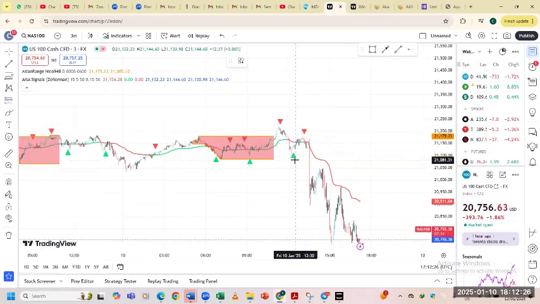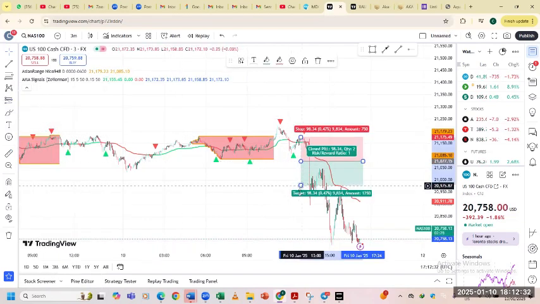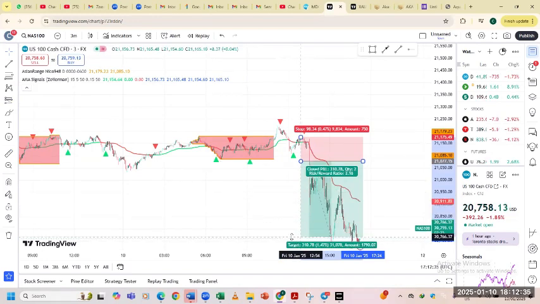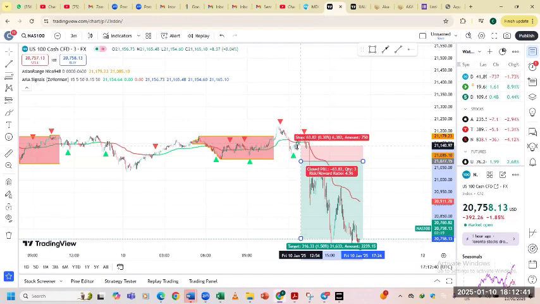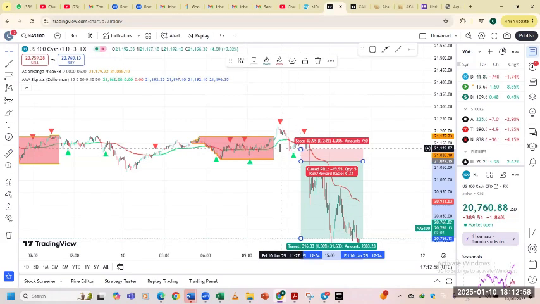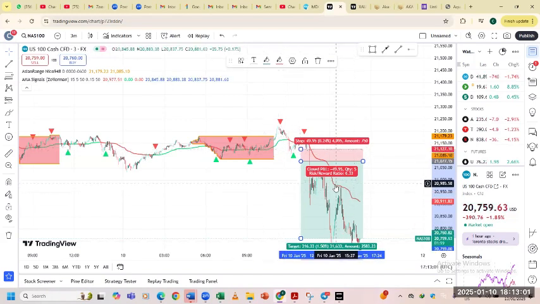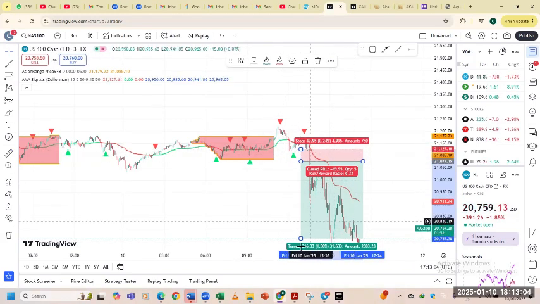If you took a short position, so let's say you took a short here, price came all the way. Look at how price has dropped. This is the thing with NAS. It's about 1,000 pips around. So 50 pip stop loss. Come on now. This is a ratio 1 to 6. So you risk $50, you made $300.